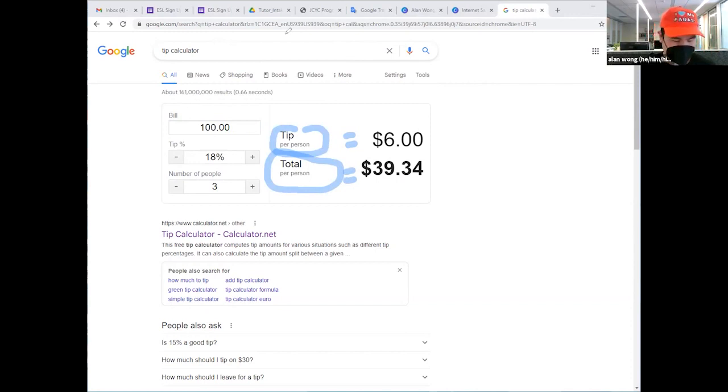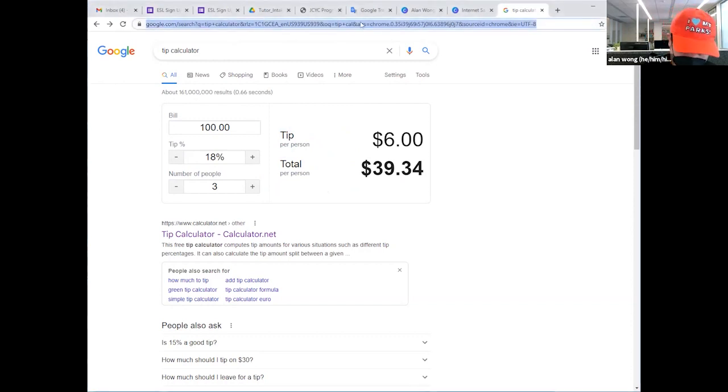Another thing that we can use the Google search bar for is data conversions. So for example, let's go back up here. This is where we do all our searches up here. Let's pretend today is a sunny day, which it is. We'll say like